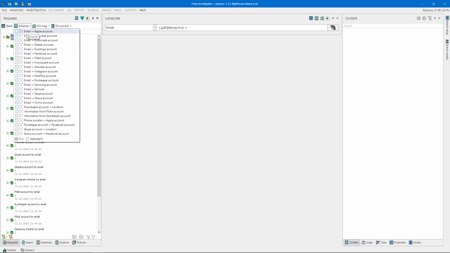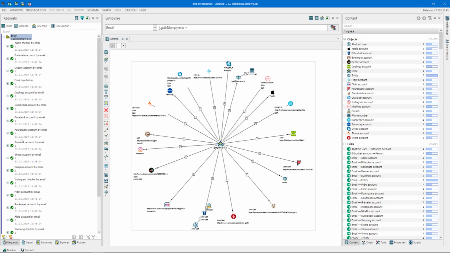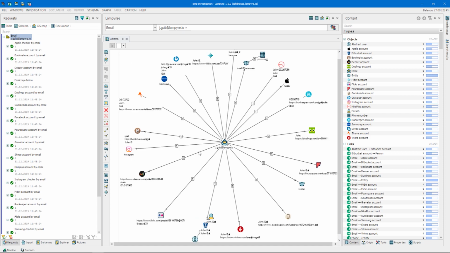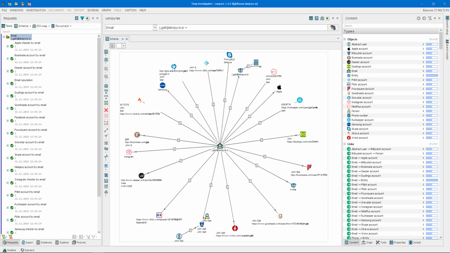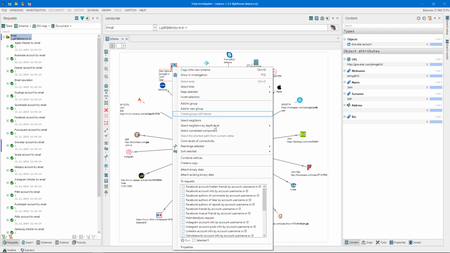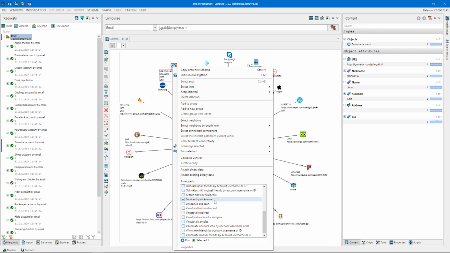Moving on to the schema window. So imagine you visualized your request results as a graph, and you need to enrich some data. You can do it via the list of requests window by activating the Add to Active tab button, and you may right-click the object of your interest, right on the graph, and choose a macro, request, to launch. Previously, you could only launch one request per click. Now you can launch all of them all together, or choose just a few.